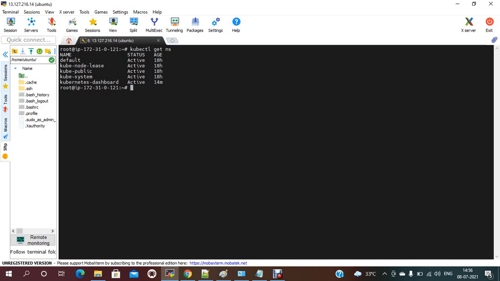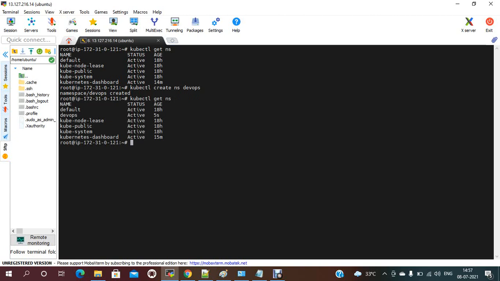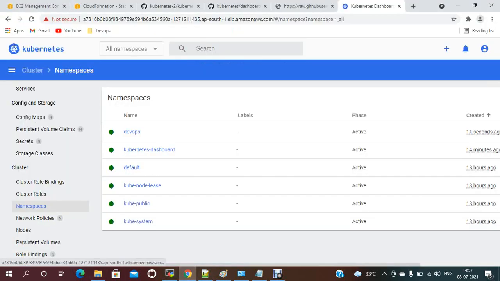Now if I want to create a namespace, kubectl create ns devops, the namespace is created. If you check now kubectl get namespace, the DevOps namespace should also be available. It should be updated in the UI also. See, DevOps is automatically updated in the UI also.